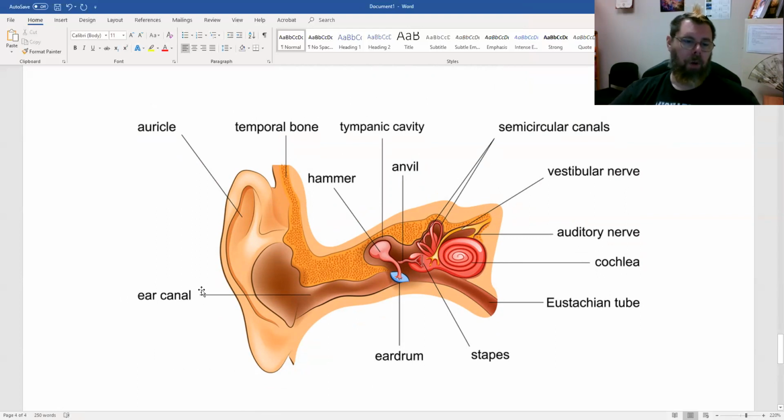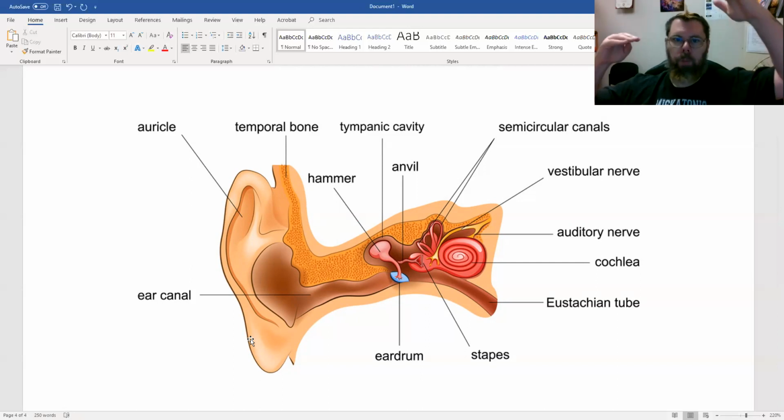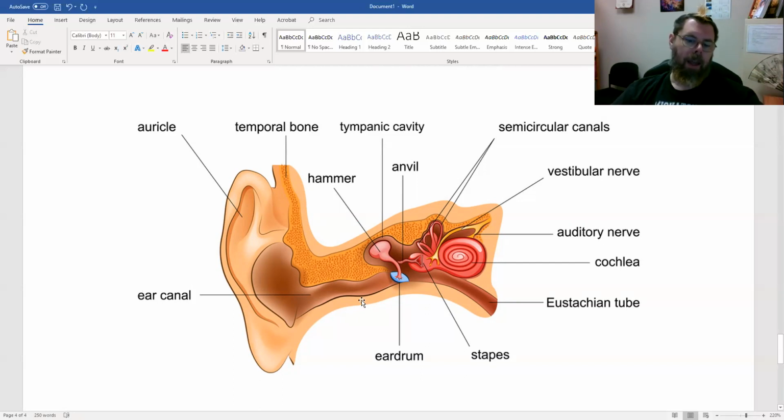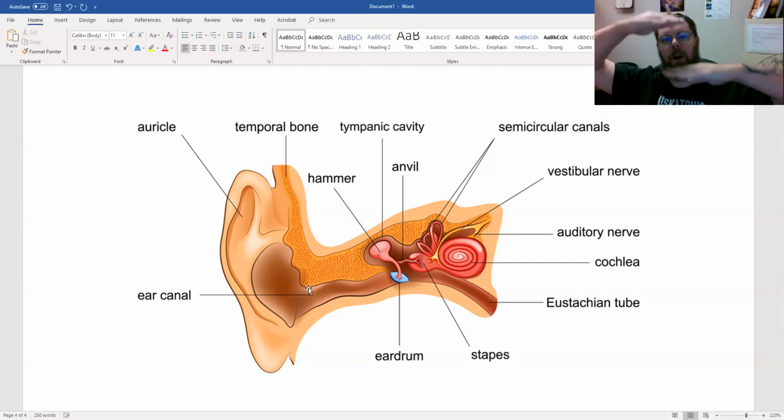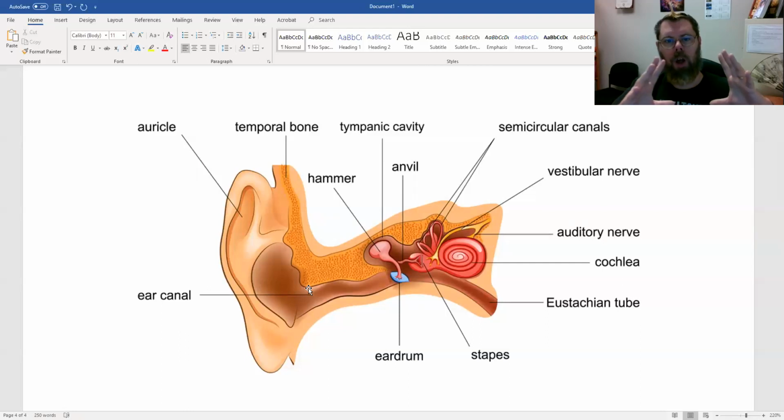All right. So you have the auricle. This guy, the outside part of the ear, it's not just to keep your glasses on. Okay? This is like a step down. It takes big waveforms and steps them down so that they'll fit into the ear canal. Can you dig that? And the ear canal isn't really concerned about how tall the waveform is in the first place. You can funnel sound, and it's really concerned about pressure over time.